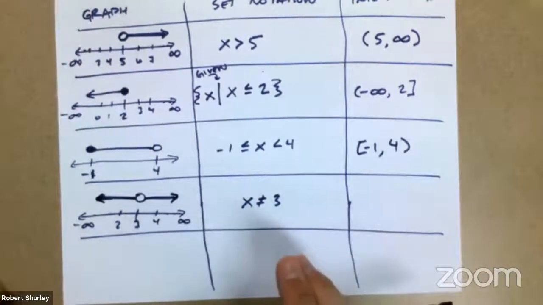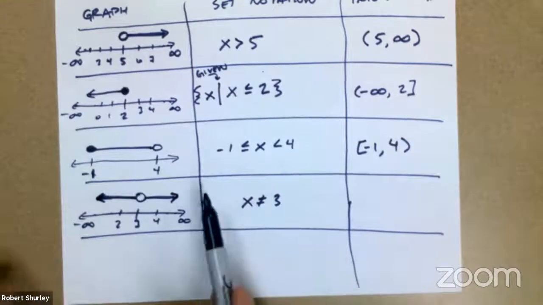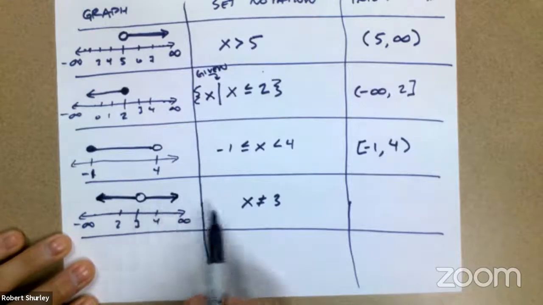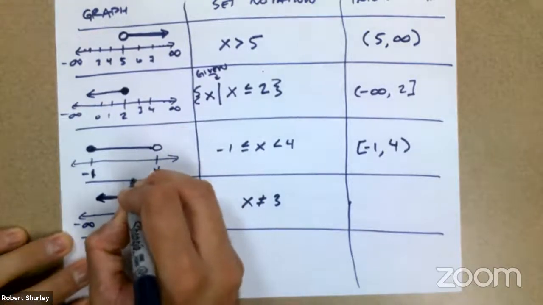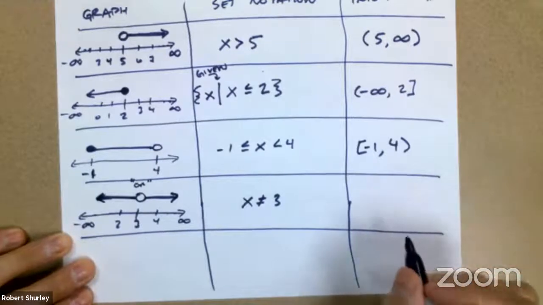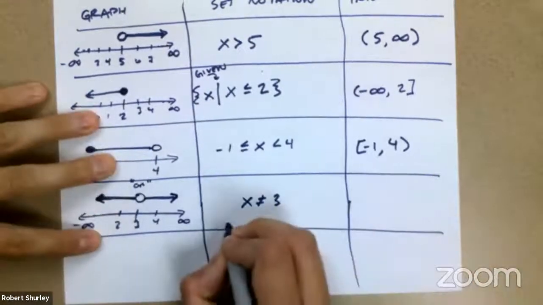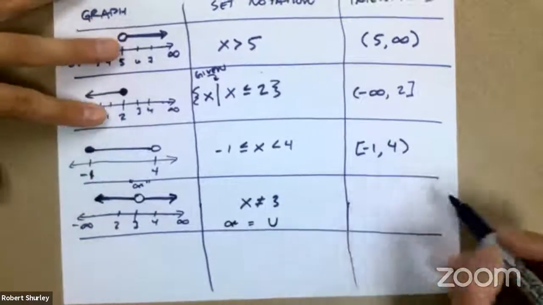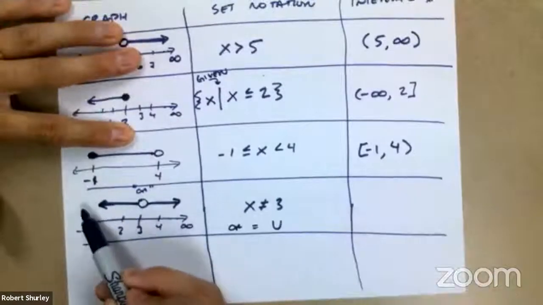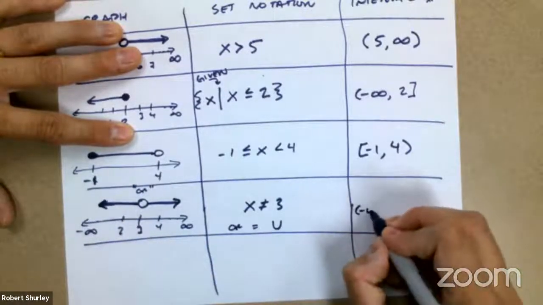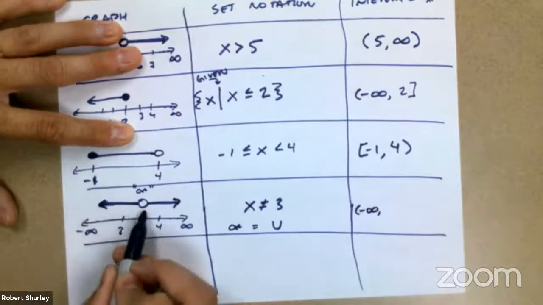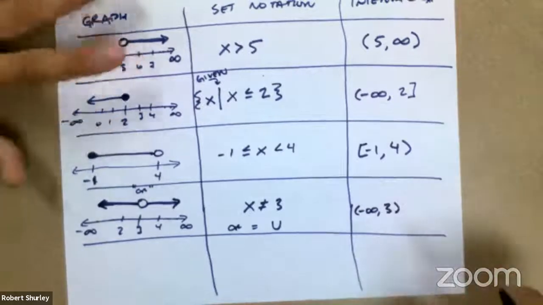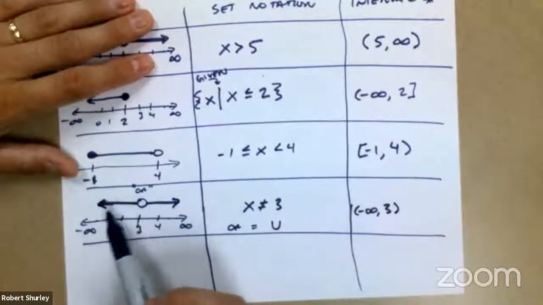So because it creates 2 intervals, we've got to think of this as an or. Look, x can be anything in this interval to the left or this interval to the right. So it's an or statement, okay? And an or statement in mathematics is called a union. So if you have an or statement, we're going to use a union symbol. So the way we write this, we still go left to right. So the smallest our solution can be is negative infinity. Then it goes up to 3, but it has to stop. And we don't include 3, right? So we're going to use a parenthesis. So we can be in this interval